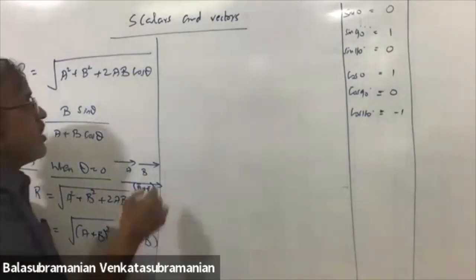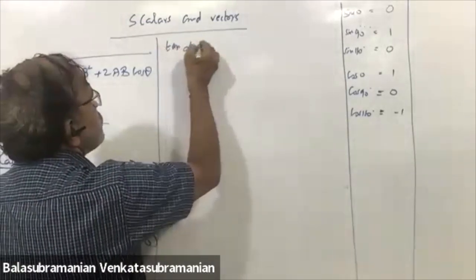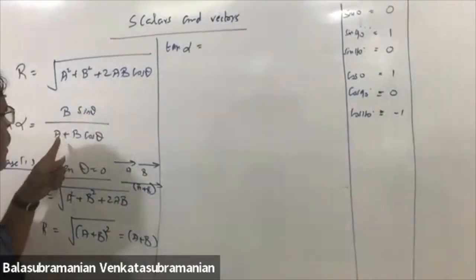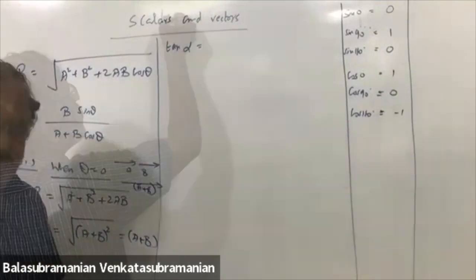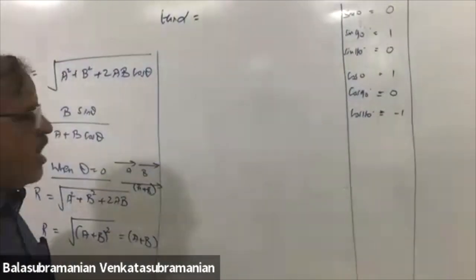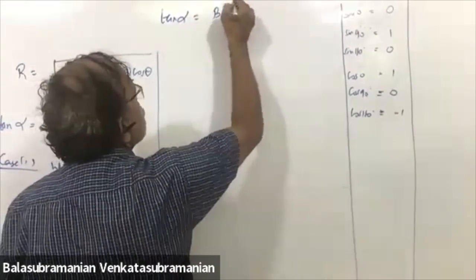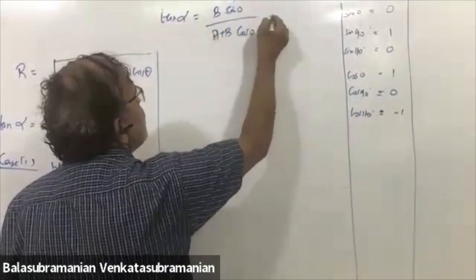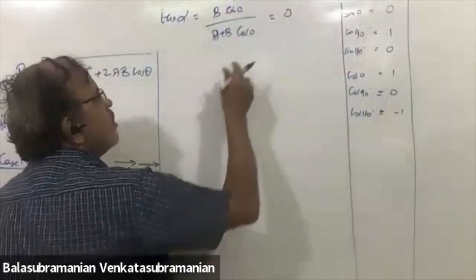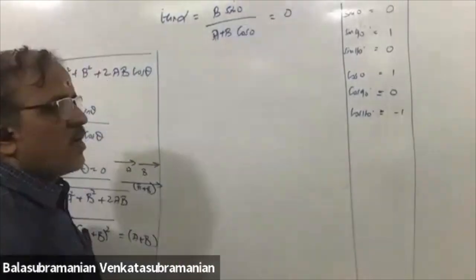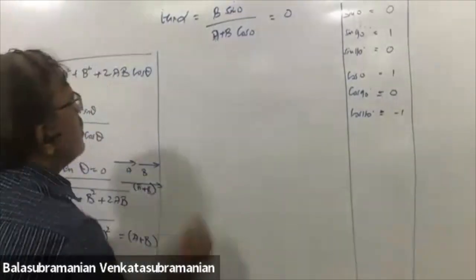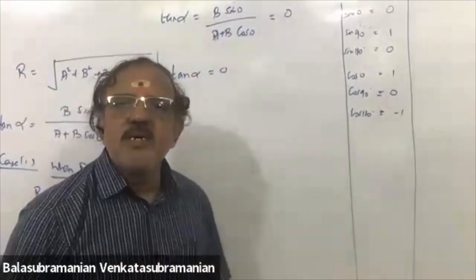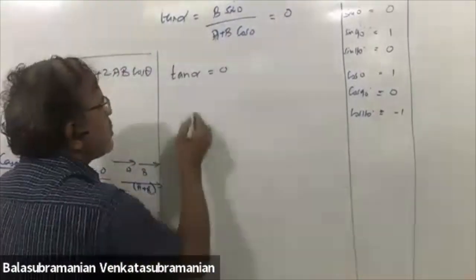Second, here tan alpha we have to calculate. Tan alpha is equal to B sin theta by A plus B cos theta. B sin 0 by A plus B cos 0. Sin 0 is 0, so 0 by A plus B. Tan alpha is equal to 0. Tan of what angle is 0? Tan 0 is 0. So I can write alpha is equal